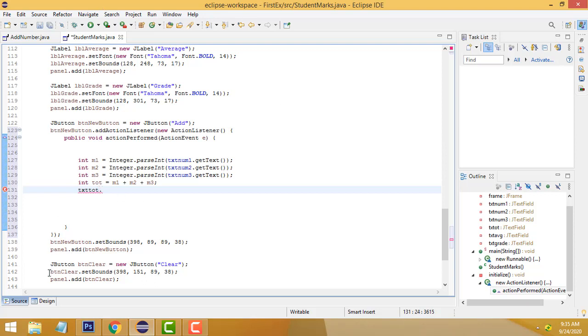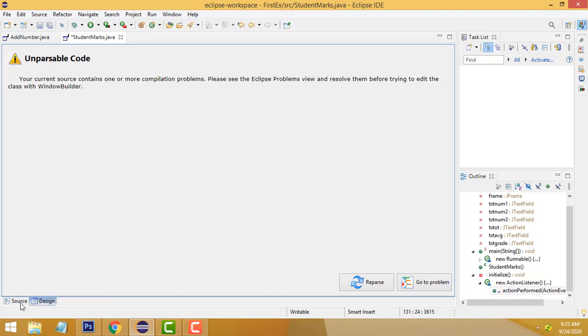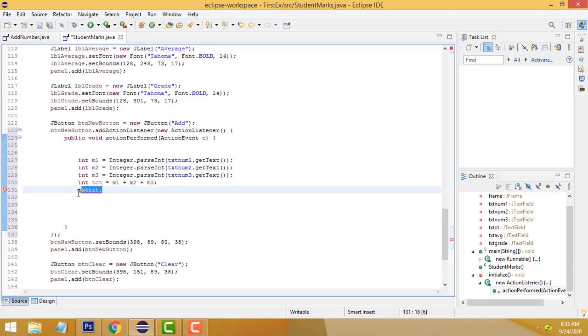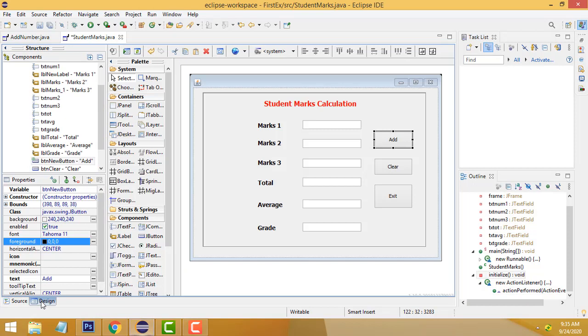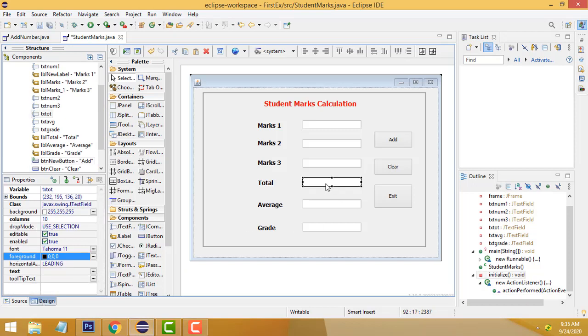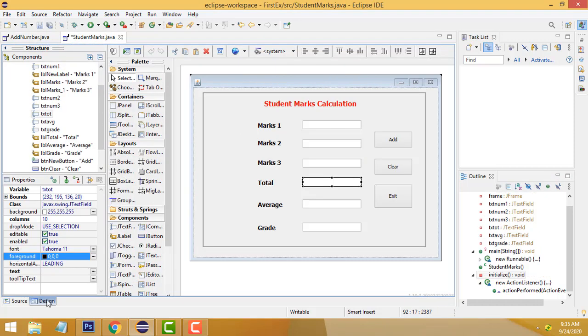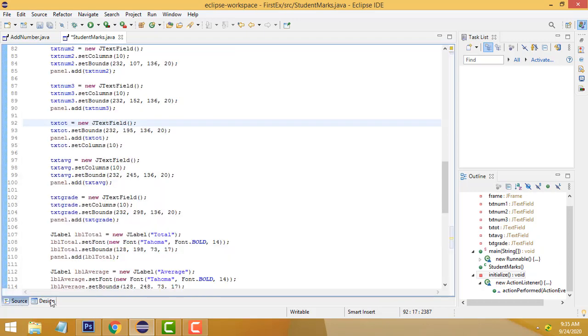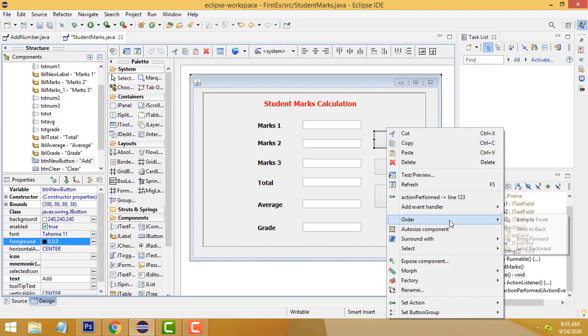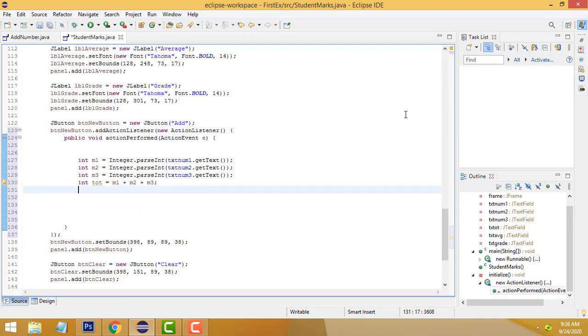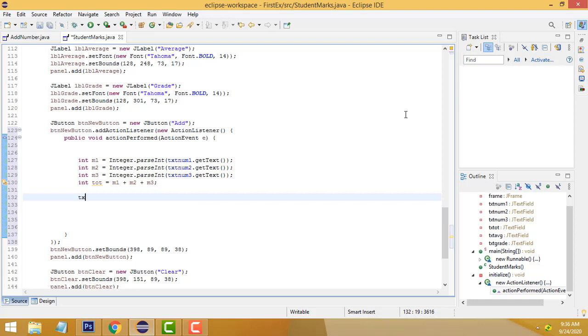What is the problem? It won't display. Right. txt dot, right. Simple mistake. txt dot, it's not working, set text.